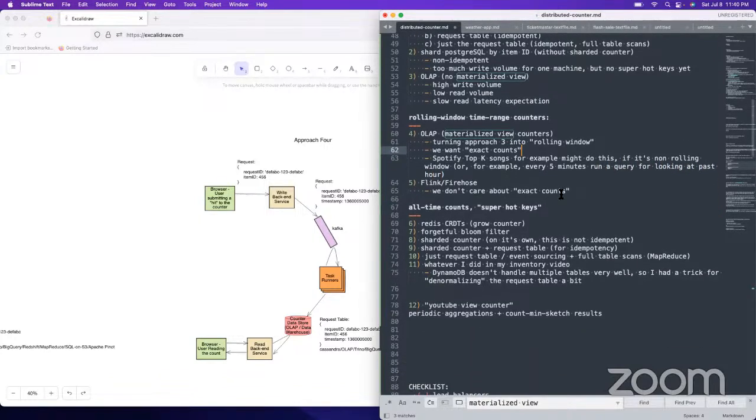Yeah, but it's where you care about exact counts for some reason, but you're not doing it in real time, or you're caching them. But yeah, I think this is probably what I was thinking about.